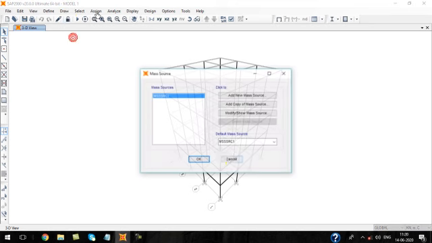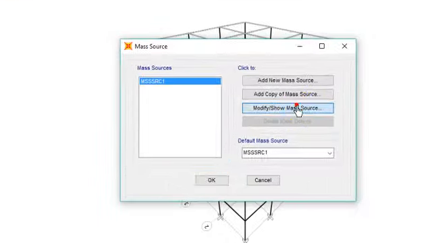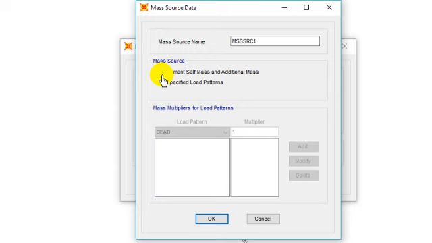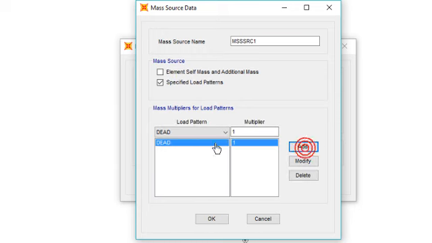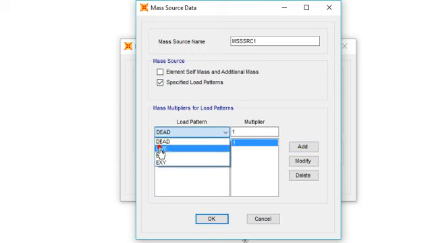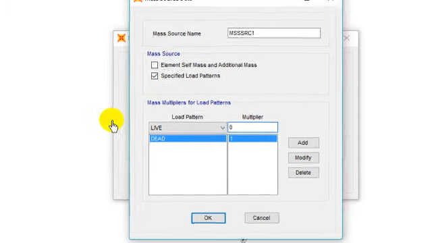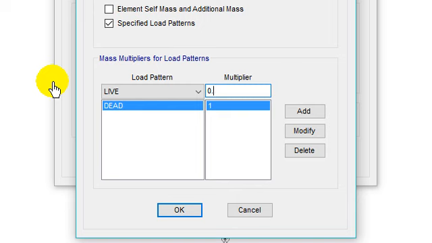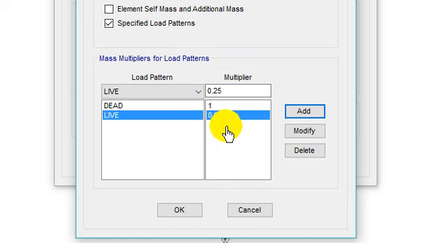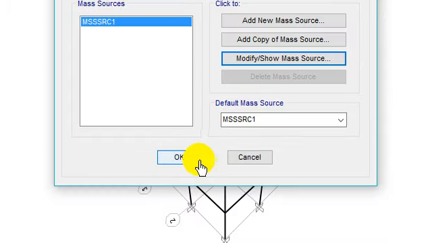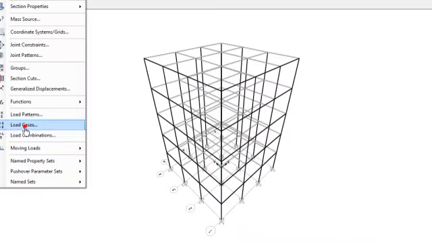Now mass source. So we are going to use 3 kN per meter square. According to the condition in IS 1893, the live load can be considered for the seismic weight calculation as 25% only. No need to consider the full weight. So 0.25 times the live load is used here. Okay. Now load case